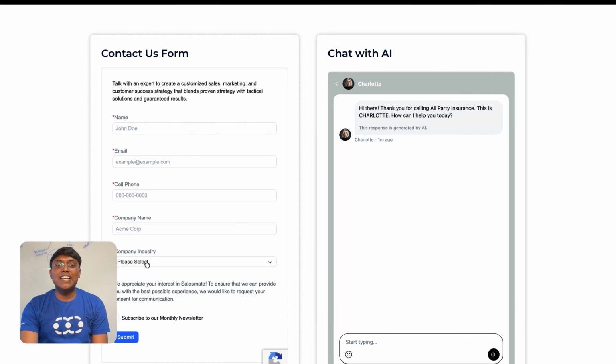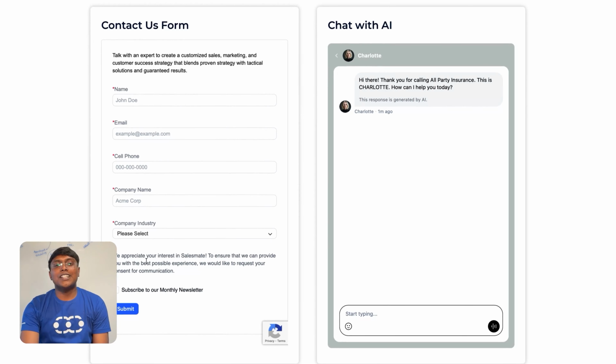And then the lead sits in someone's inbox until a human gets to it, which might be minutes, which might be hours, even tomorrow. So instead of this static form, you can put Charlotte right here in the same space on your website. But now, instead of just collecting a name and a number, you have an actual conversation coming in. Charlotte introduces herself, asks the right qualifying questions, and answers the questions that the prospects have. And if they're a good fit, she books them directly onto your calendar. Right then, while they're on the page. Wow. So you're not just collecting a lead, you're converting one, and there's a big difference.